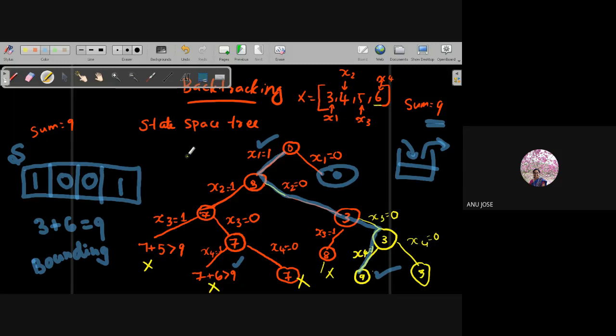One more case is there. You can also notice that the elements arranged in the set are in increasing order. That is a precondition for the problem. So the elements whatever we are having should be in increasing order.